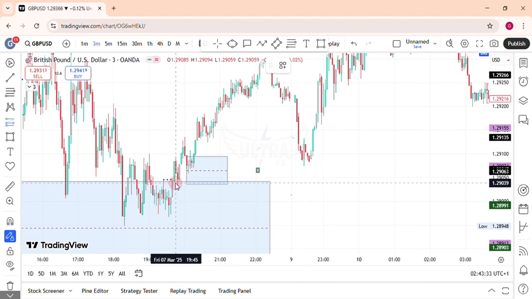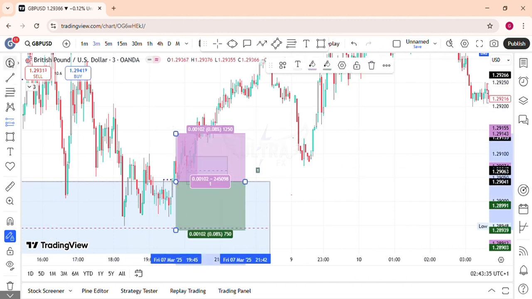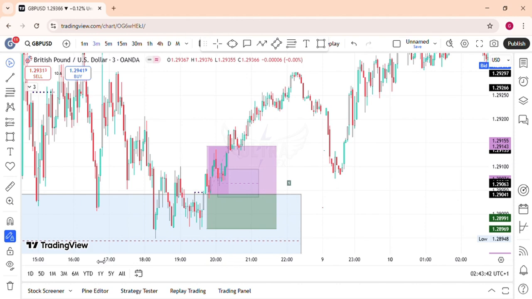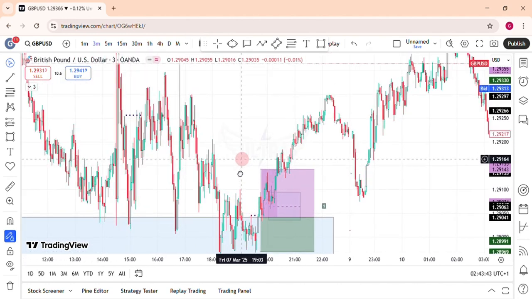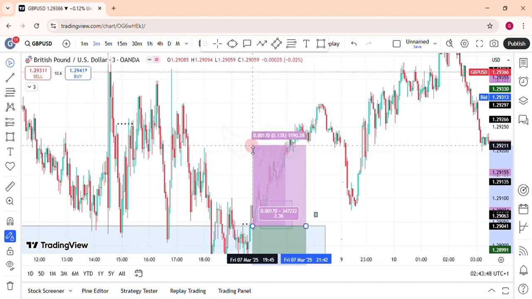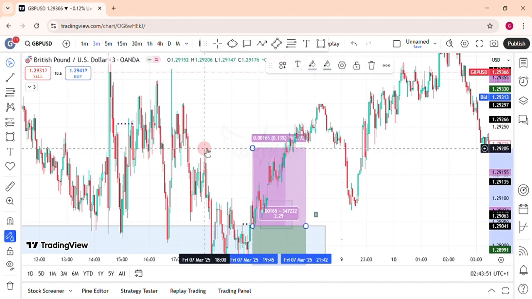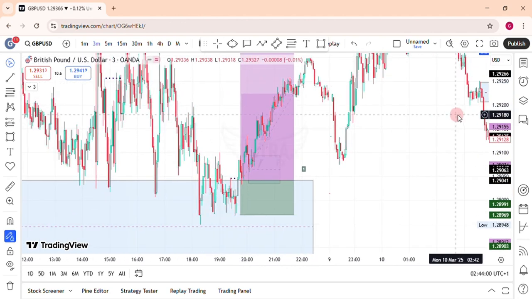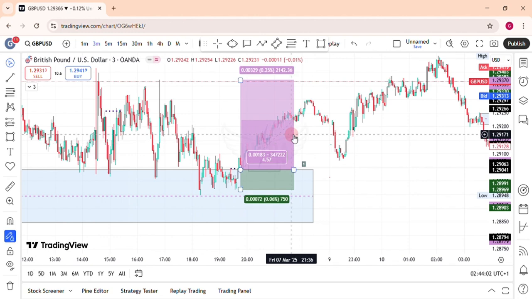You can enter here and put your stop loss right below that low that created the fair value gap, and the fair value gap has been tapped into here, and you can just take your profits here at the start of this fair value gap and at the high here, or you can equally take your profit here. And if you actually miss that trade, you can just take this one off,